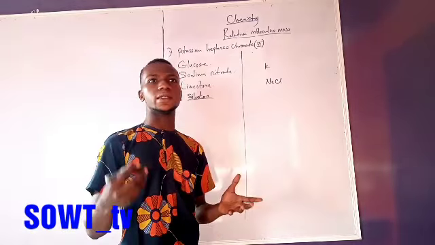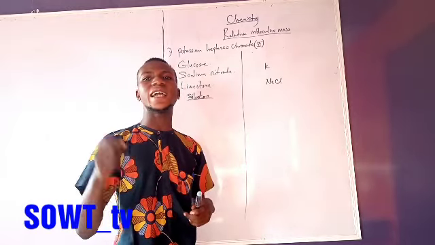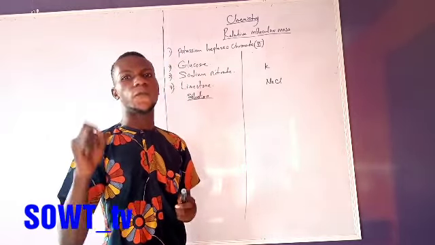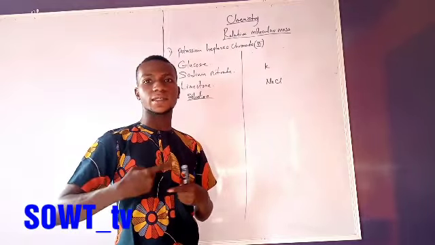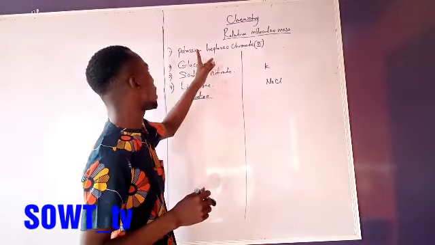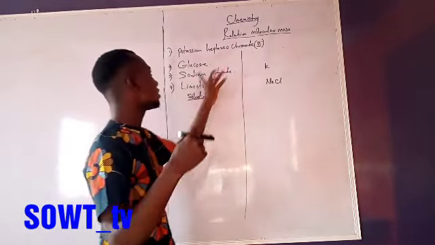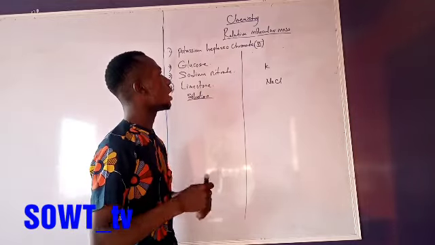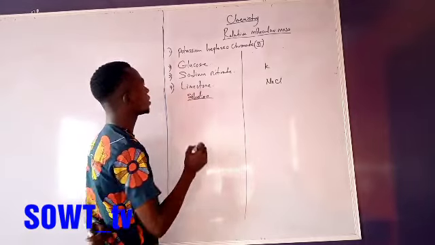Some students will not be able to interpret and give the accurate molecular formula. That is where failure starts creeping. So when you have potassium heptaoxochromate 6, you should be able to write the correct molecular formula. The correct molecular formula for potassium heptaoxochromate 6 is